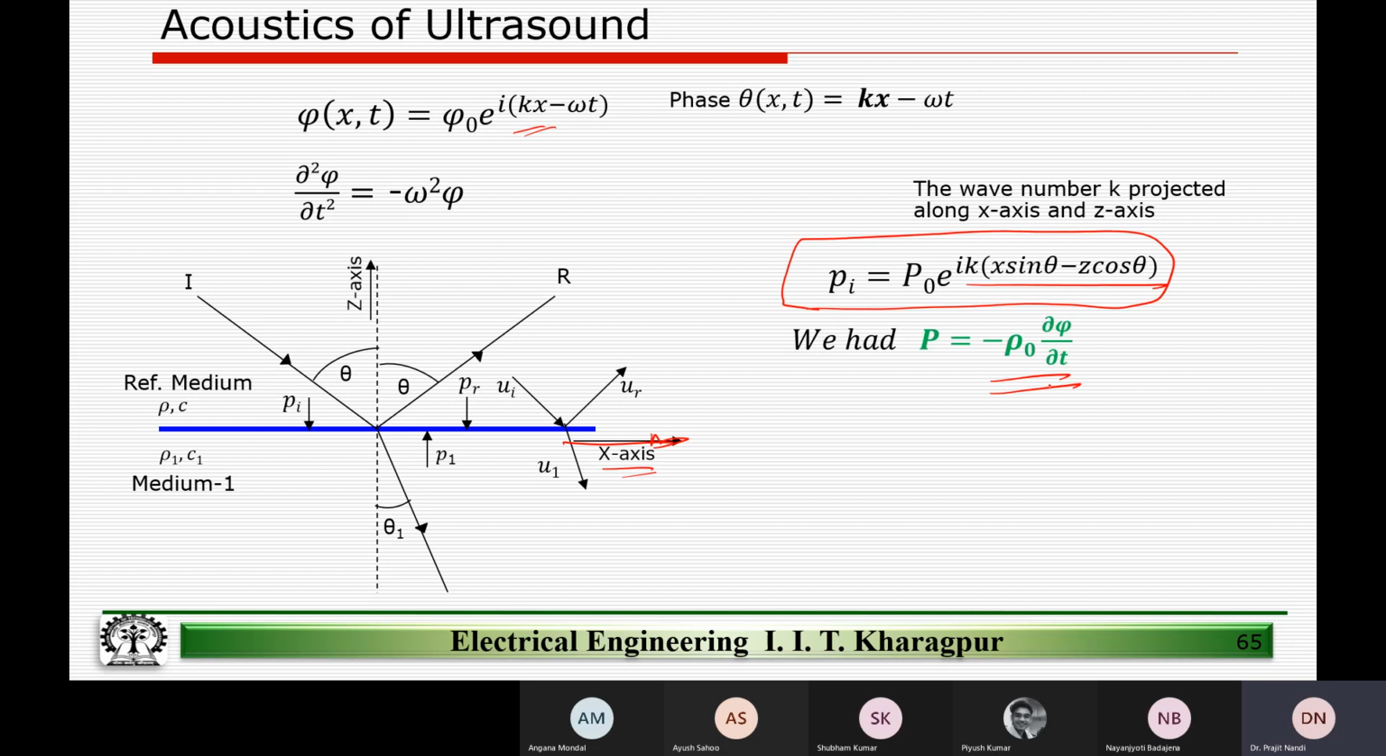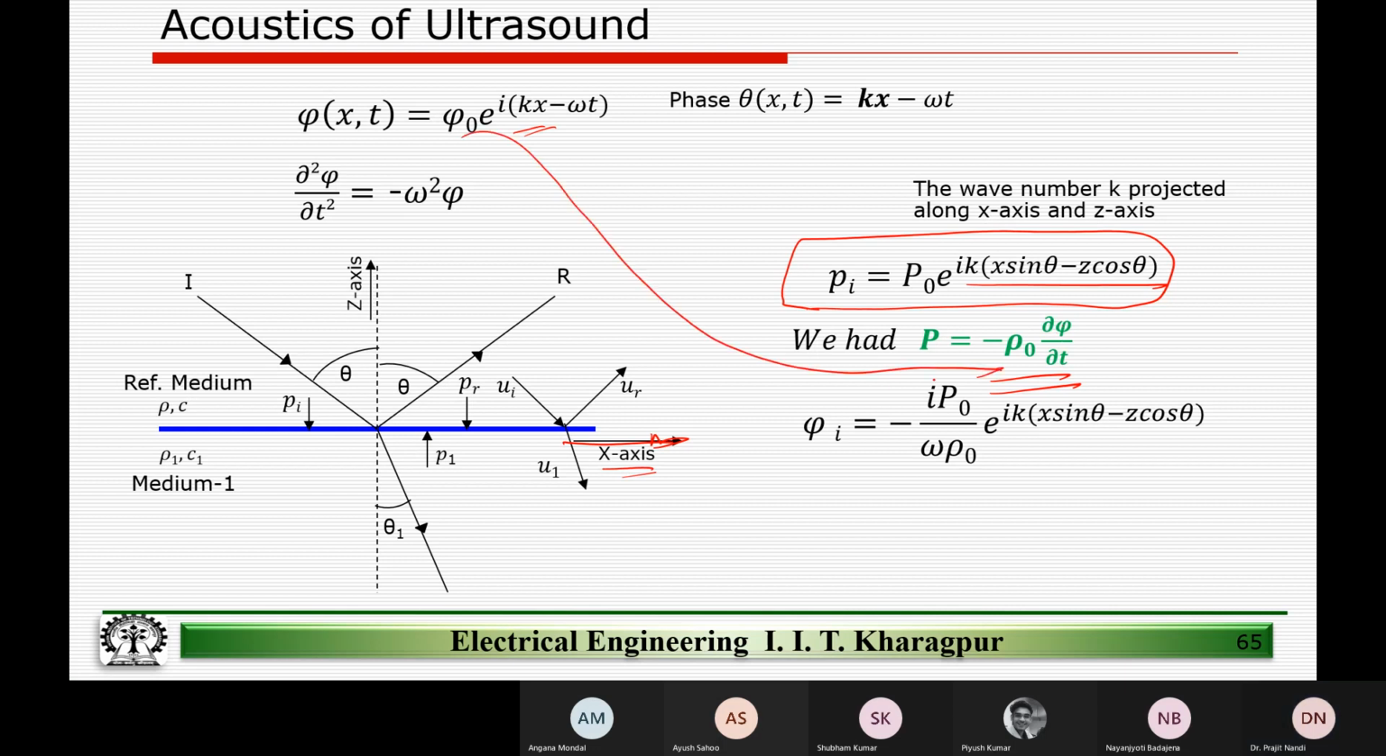This equation we had discussed earlier. Of course, we didn't derive this, which means if I do del phi del t and put it here, I get phi I. What do I get phi I as? So phi I is minus of i times P0